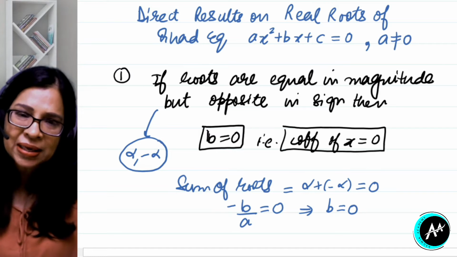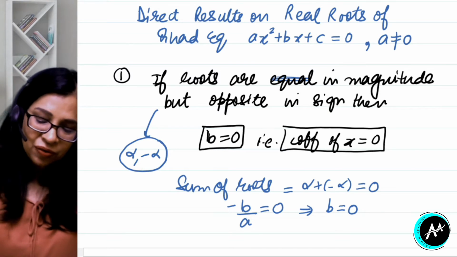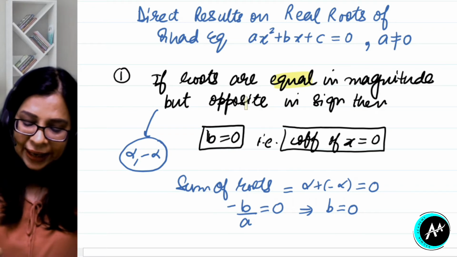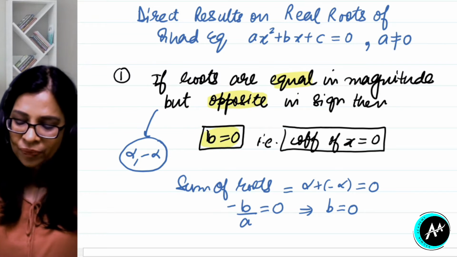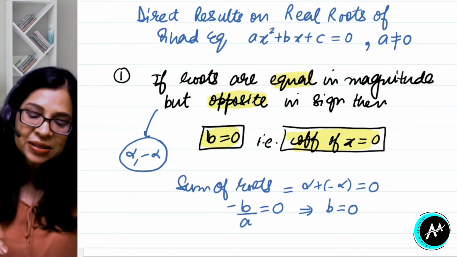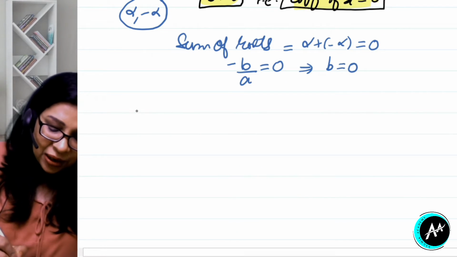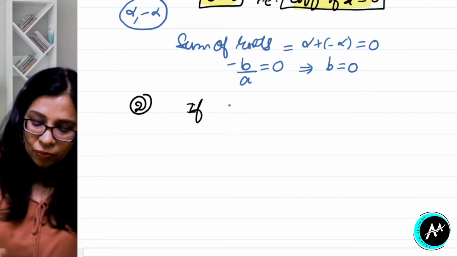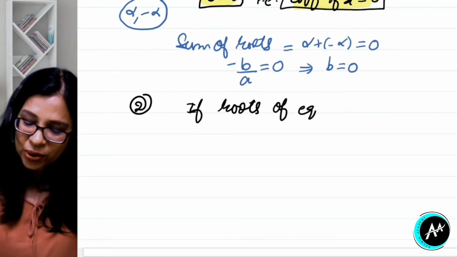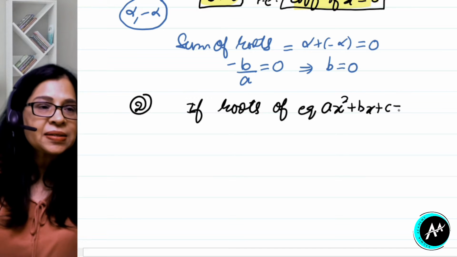So that's the simple reason that whenever roots are equal in magnitude and opposite in sign, okay, then we will have b equal to 0. That means coefficient of x is going to be equal to 0. So that's the first direct result. Let us take the second one now. Second one would be that if roots of equation, again that same standard quadratic equation, ax square plus bx plus c equal to 0,